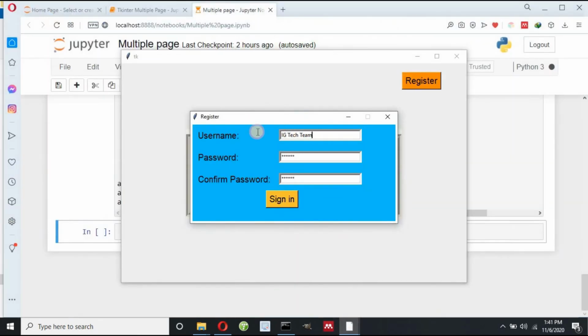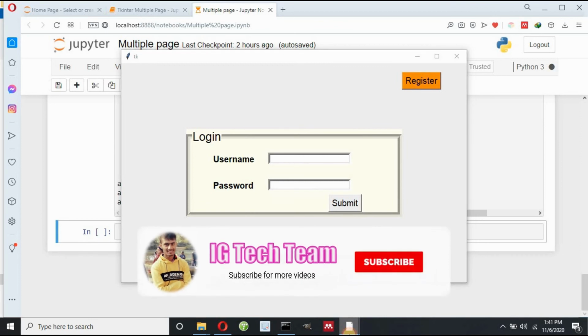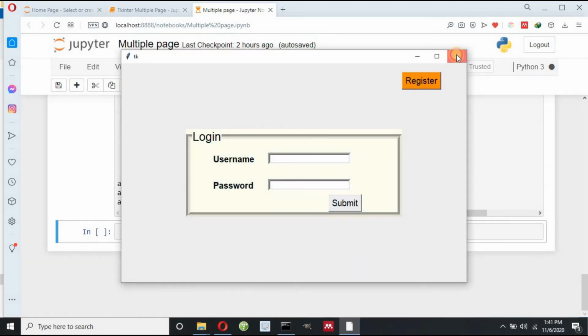Now if I write here suppose next username Tkinter and password is suppose login, and again password is login, and if I click this sign in, it will display you are registered successfully again. Now let me press OK, and let me close this, and also let me close this.